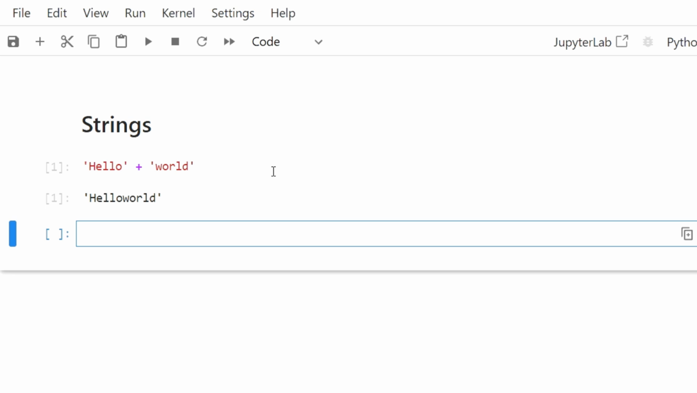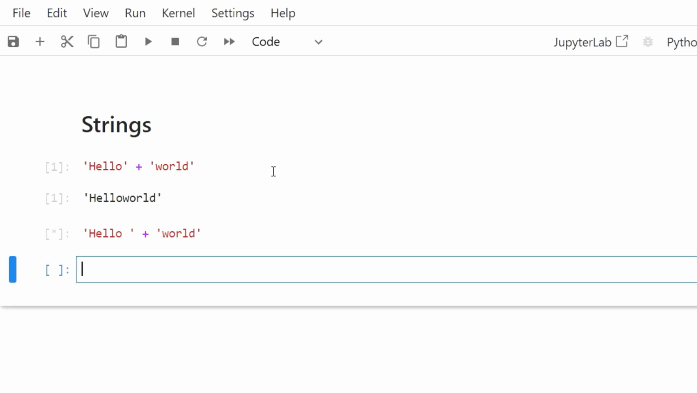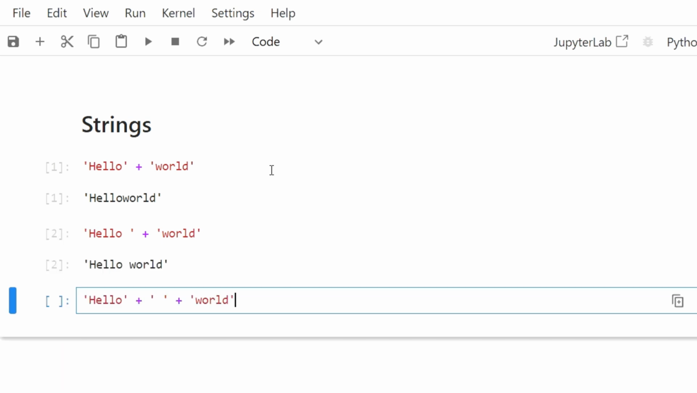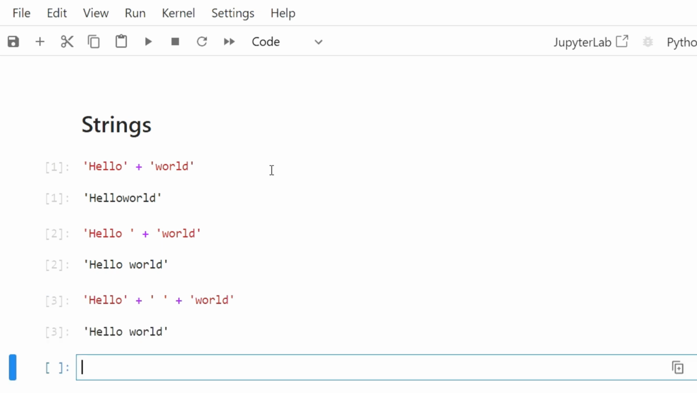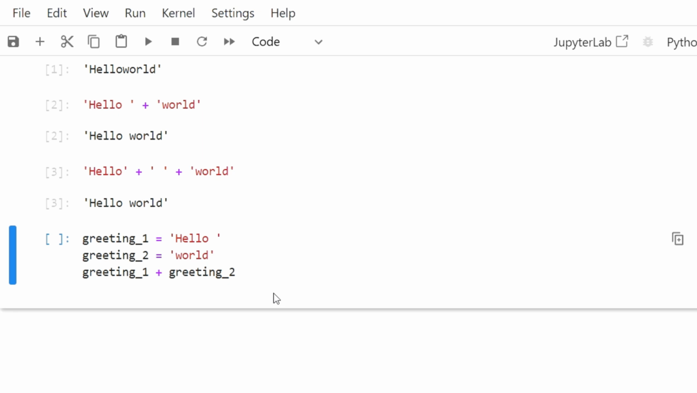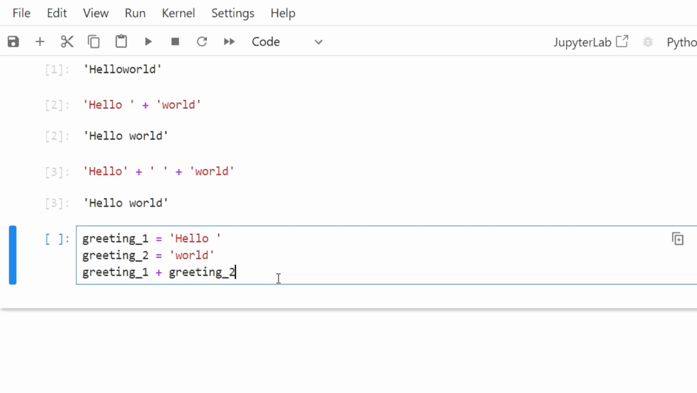This is because blank spaces, or white spaces, as they're known in computer programming, count as their own characters. If you want a white space between your concatenated strings, one of the strings must contain a white space. Or you must add a third string between them that contains just a white space. The same rules apply when using variables that point to strings. If hello is assigned to greeting1 and world is assigned to greeting2, we can concatenate the strings by adding the